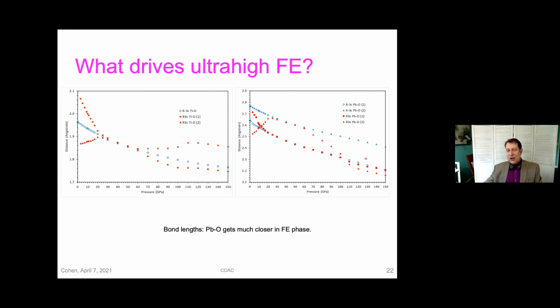Of course, with pressure, you're always driving things towards closer bond distances. So you see one reason that it wants to be ferroelectric is just letting all of the atoms get closer together, even the relatively long distance. So it breaks the symmetry, it changes in such a way as to get denser, which is what pressure does to things, of course.